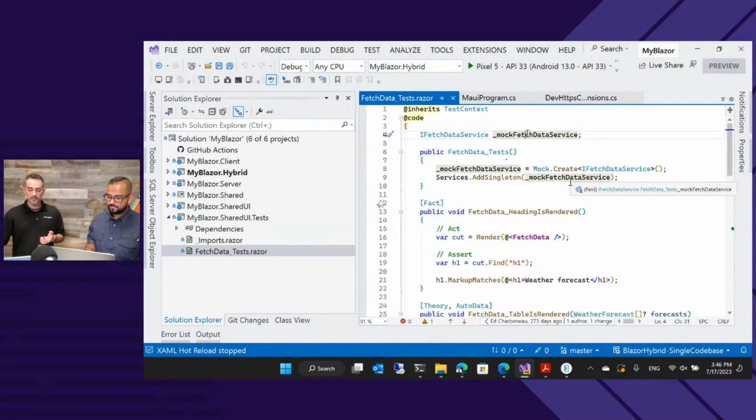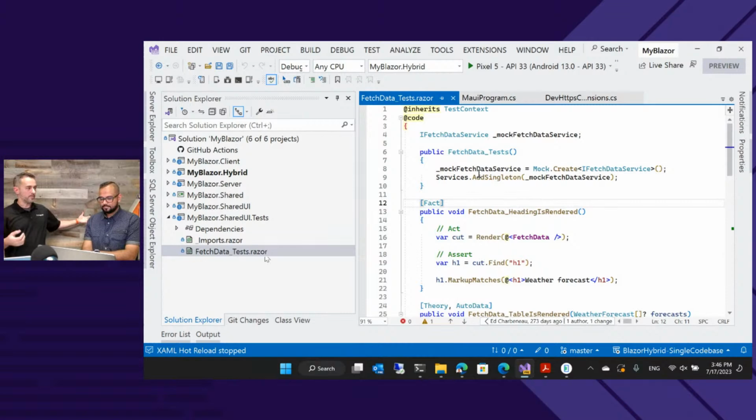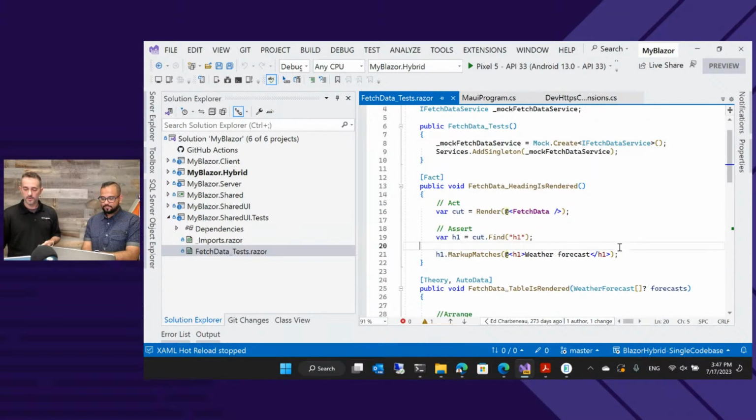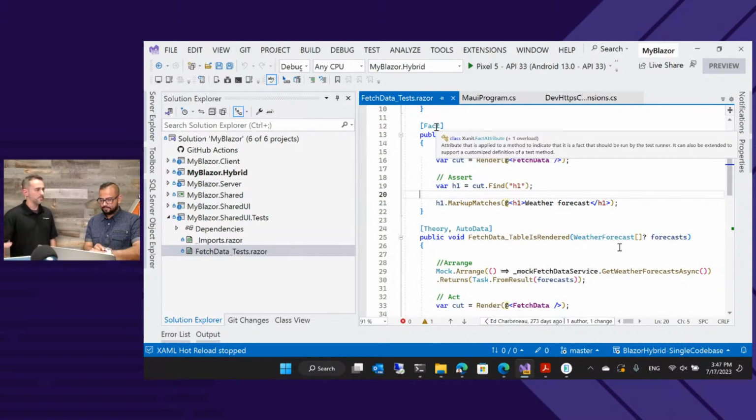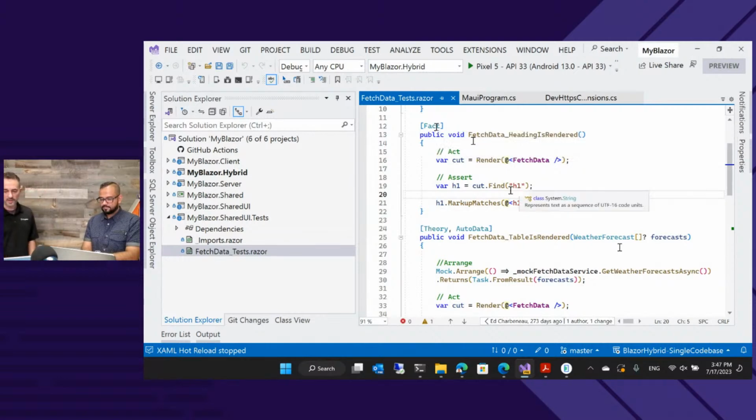So we can mock a data service. Again, we're going to run on the server, on WebAssembly, and Android, and all of those things. This might be a different implementation across the board, but if I have a service, I can just mock it, throw in some data, and work with my component. What's the Fact attribute? This is xUnit, very similar to the way MSTest works. I think it's TestMethod or something like that you decorate the other ones with. Fact is just going to say this is a unit test. This surfaces it to the test runner, lets it know it's a test to run.